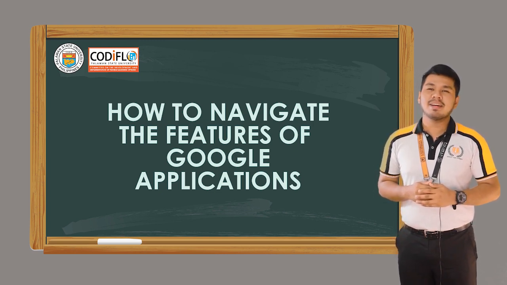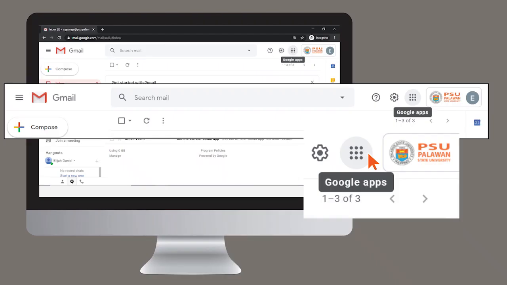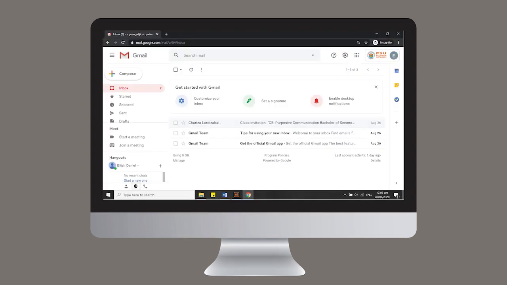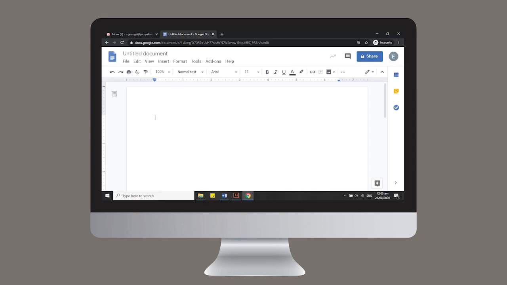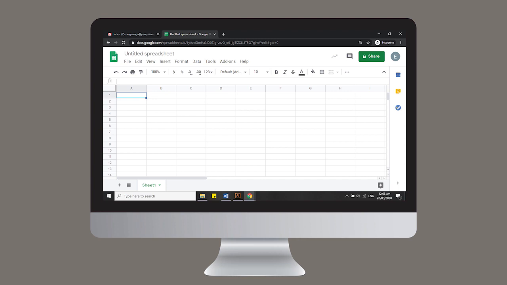Now, let's navigate the features of the Google applications. On the upper right area of your screen, you will see a 9 dots icon that says Google Apps. Here, you will have an access with your other G Suite applications. To start with, we have Gmail, a web-based email service, Google Docs, like Microsoft Word, Google Sheets, like Microsoft Excel,